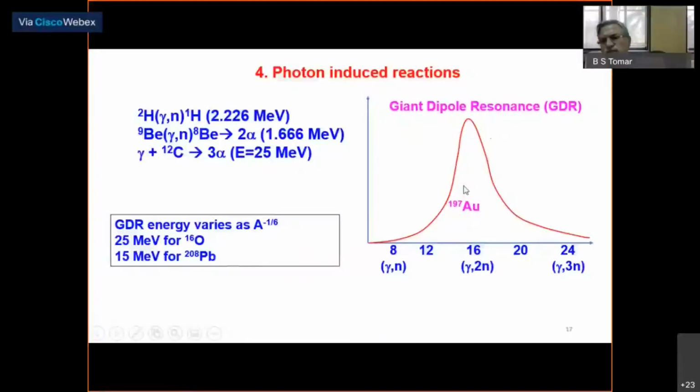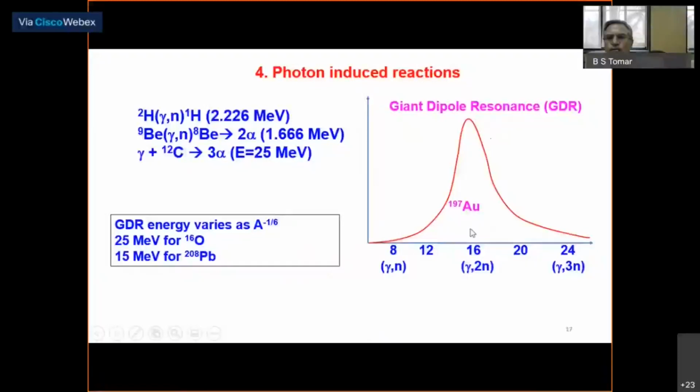This is not the normal statistical, discrete gamma ray emitted from a compound nucleus, and particularly the energies are around 15 MeV. In the case of gold-197, this is found to be 15 MeV. So this was explained in terms of the giant dipole resonance. That means it is like a dipole de-exciting. So what do you consider? The protons and neutrons are oscillating in the nucleus, and that oscillation gives rise to the emission of this gamma ray as a dipole. So when a dipole is de-excited, the nucleus is like a dipole. So when this gamma ray is emitted, and in fact this has been found in all the nuclei,